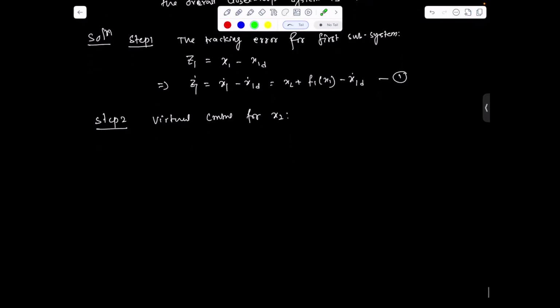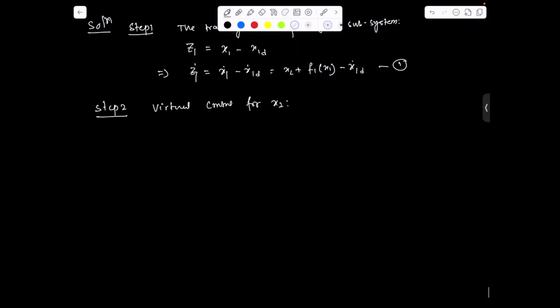So let us write, consider X2 as a virtual control input,